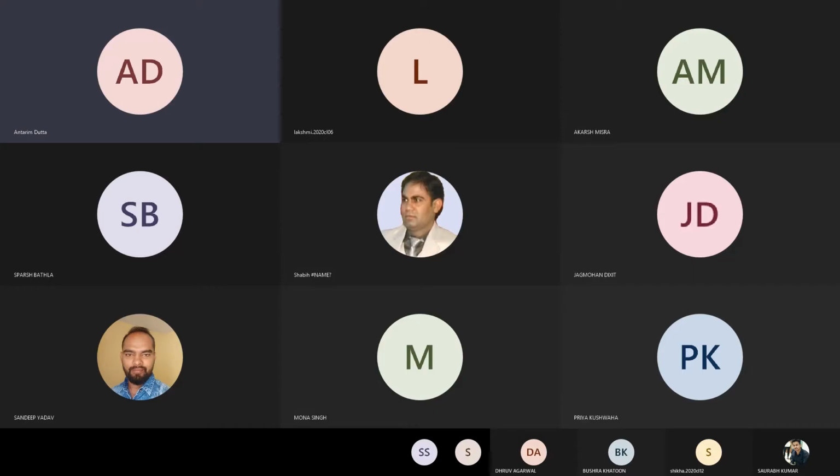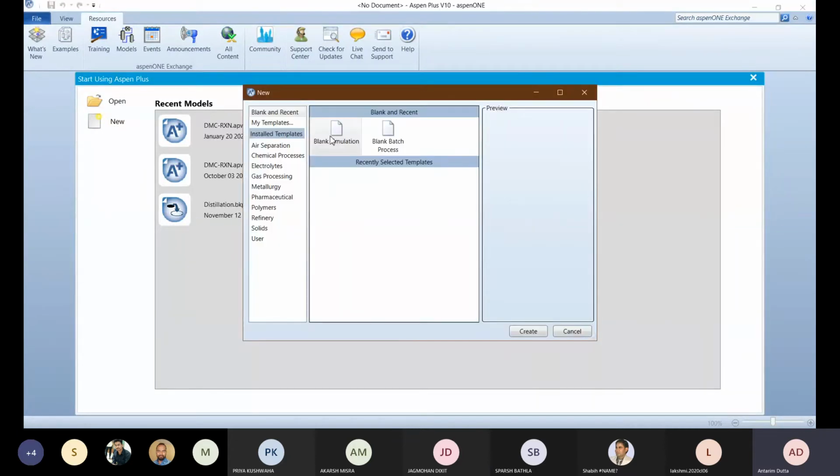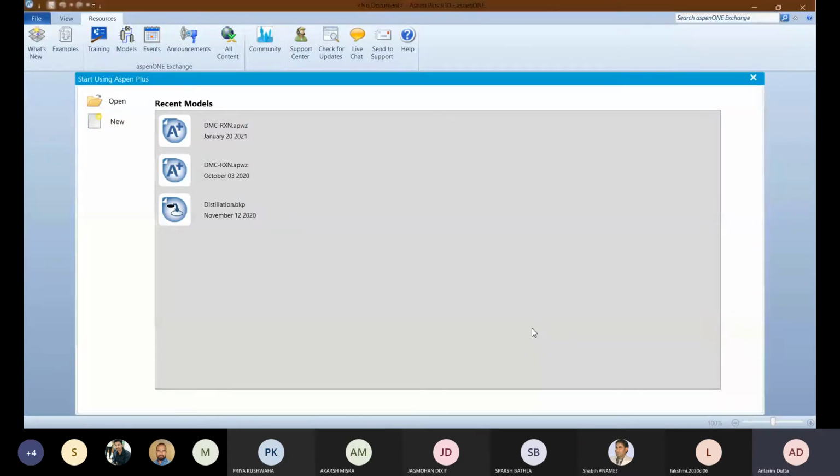to the Aspen Plus environment where I will be showing you the stuff. Yeah, so I hope you all can see the Aspen Plus UI. Then I will be clicking on new. What I have to do is I will click on this new, I will go for this blank simulation, I will go for this create. What I have to do is, the first job for today's lecture is I have to